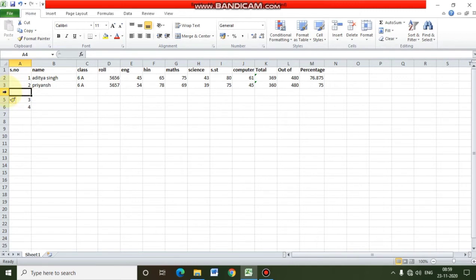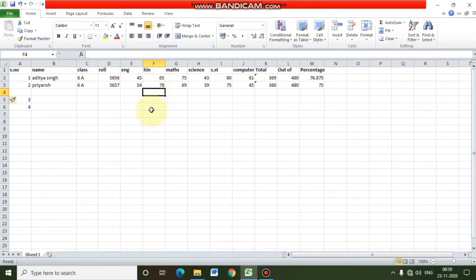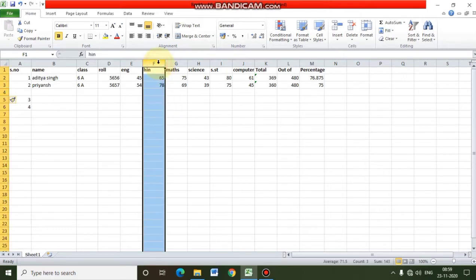You always have to select the next row or column before which you want to insert any new row or column. Like, I want to insert a new column between column E and F. In that case, I will select column F, which comes after the place where we want to insert a new column.